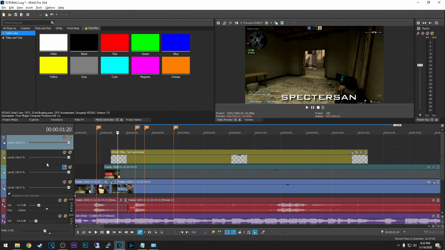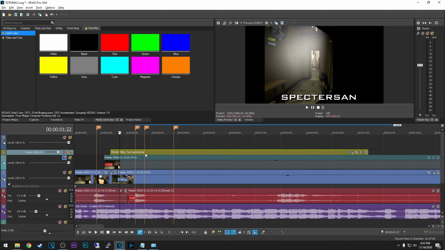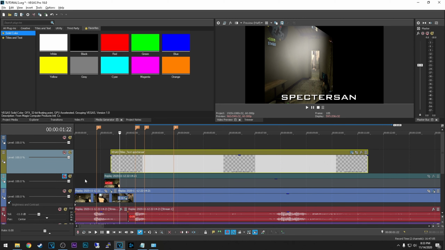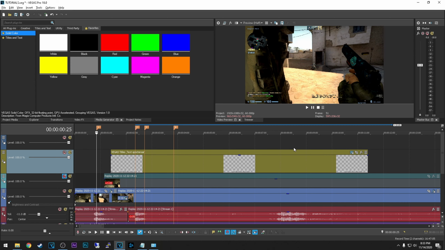Right, you can make tracks. If you're finished with the text, let's say, you can make it smaller like this, and you will see more things in your timeline.